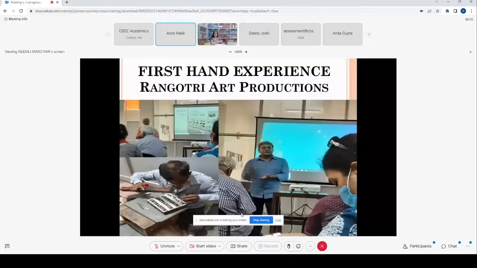So before delving into the details, I would like to share our apprehensions before going for block printing, as viewing and appreciating, and doing are poles apart. In order to gain the first hands-on experience, we as a team went to Rangotri Productions. The team was well guided and informed by the experts present there. We returned as charged irons and started thinking on the same line, as to how to proceed with a block printing club